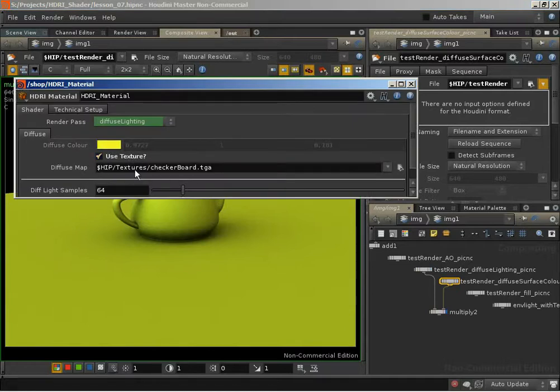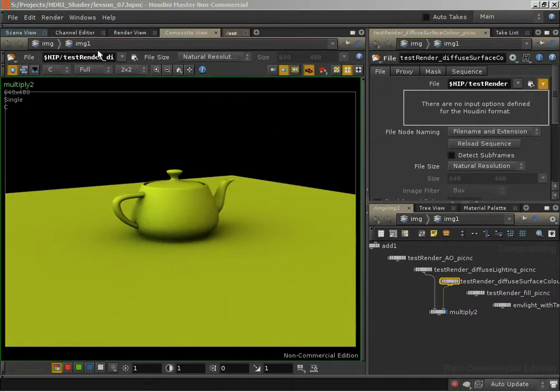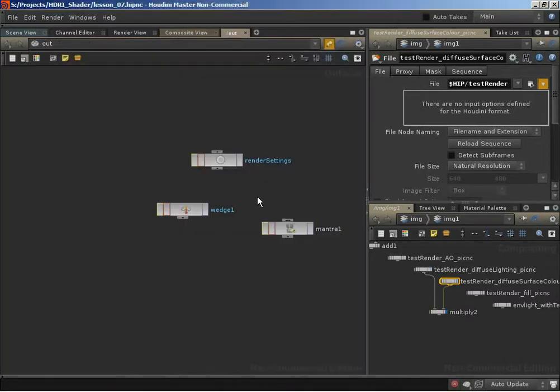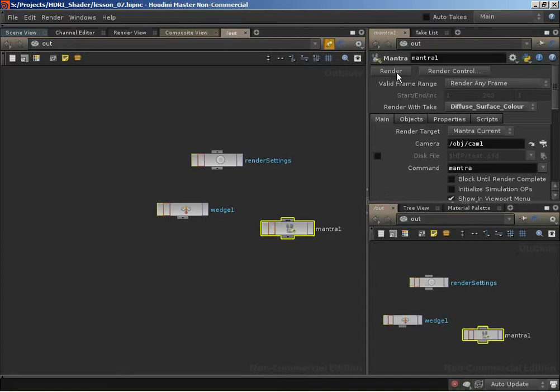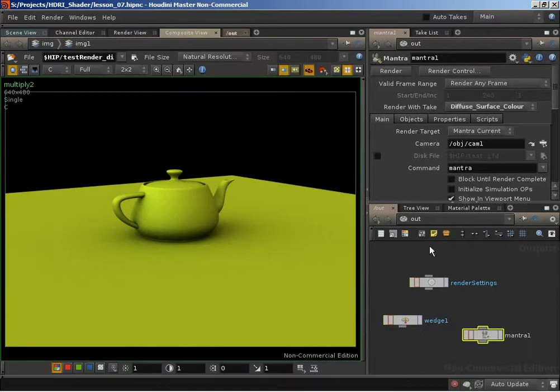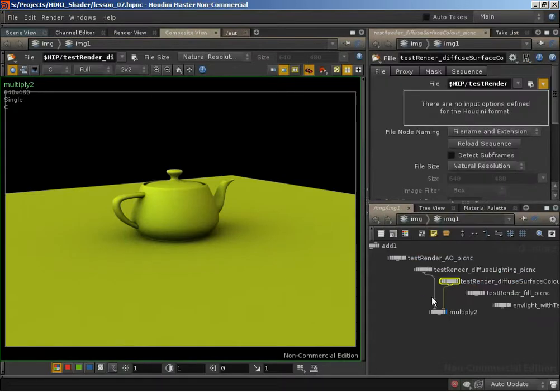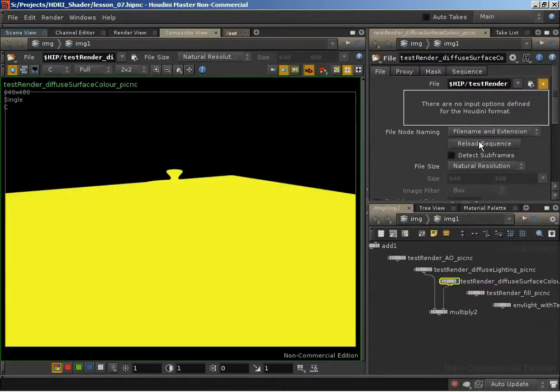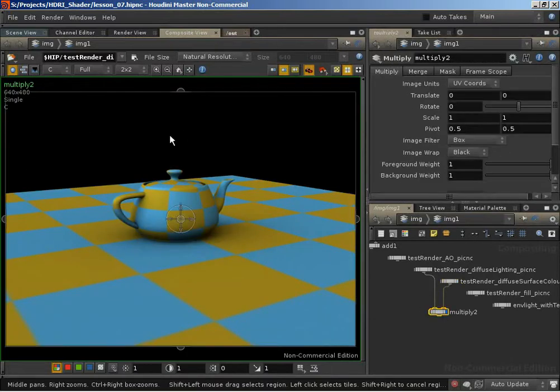Or we could switch over to use texture. Let's make sure that that indeed works as well. So we've switched over to use texture and jump over to Mantra 1 and re-render. Give that a second to render. So hopefully that should have rendered by now. So if we switch over to the composite view and bring this back in, there we go, we are now using our texture again,